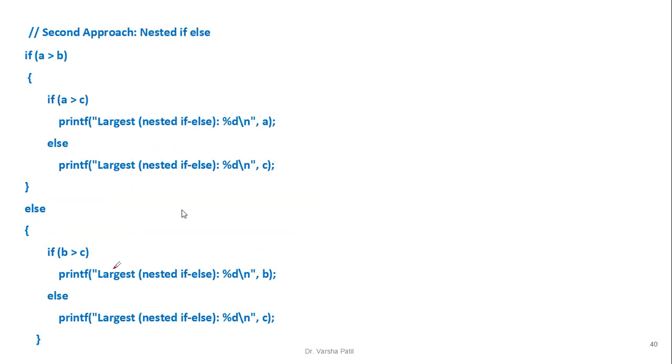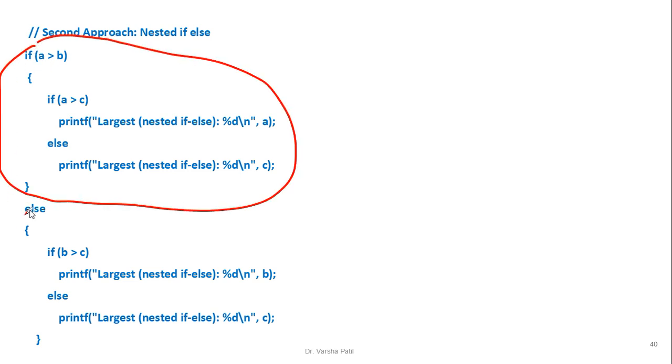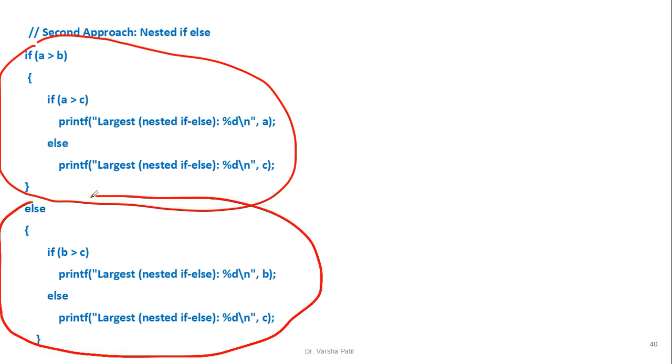The next approach is nothing but this approach. If A is greater than B, see, this is one condition, A is greater than B, and in the next condition B is greater than A. So if A is greater than B, once we enter into this condition, after that again A is greater than C, it means what? A is large. Otherwise what? C will be large, because here we already compared A greater than B, so A is larger. And here if A is compared with C, then the largest is A, otherwise the largest is